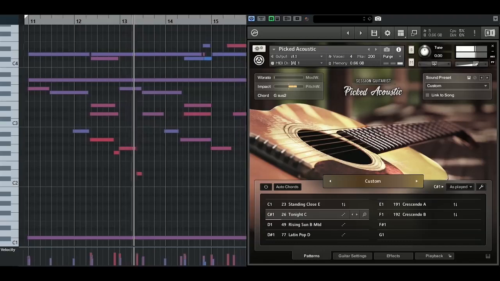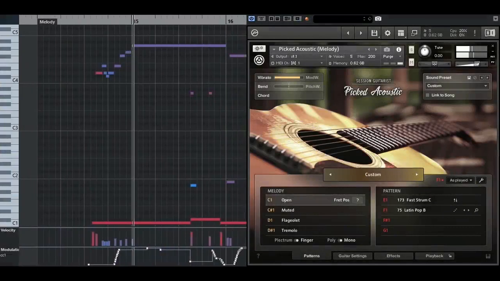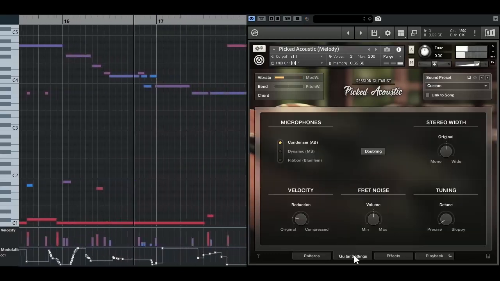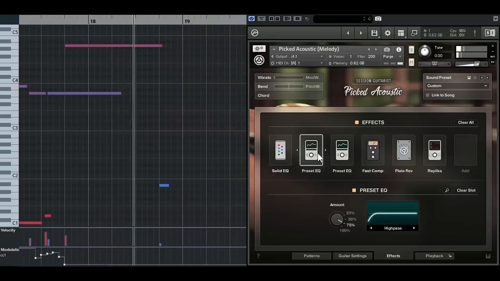Picked Acoustic comes with a library of 194 picking and strumming patterns and a second instrument that allows you to play your own melodies and patterns. The entire library was recorded with 3 different microphone setups, and the effects section has been improved for added sonic